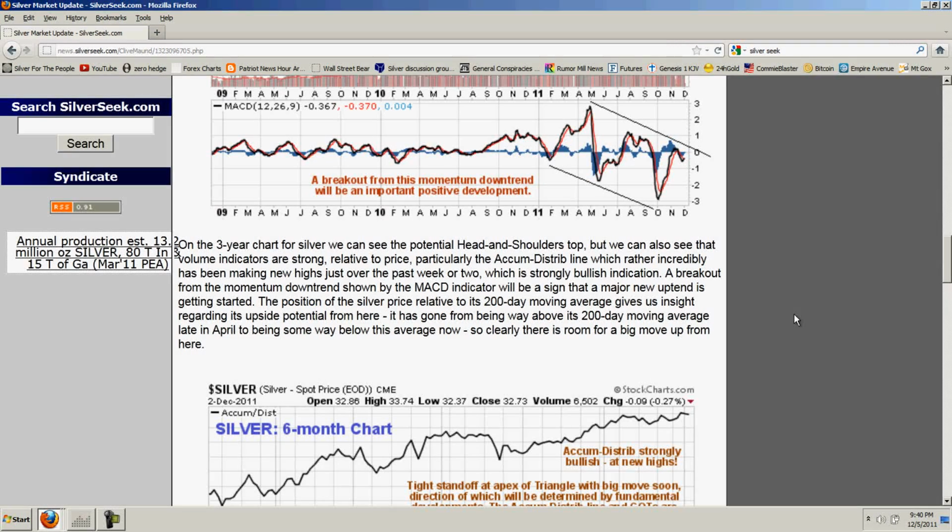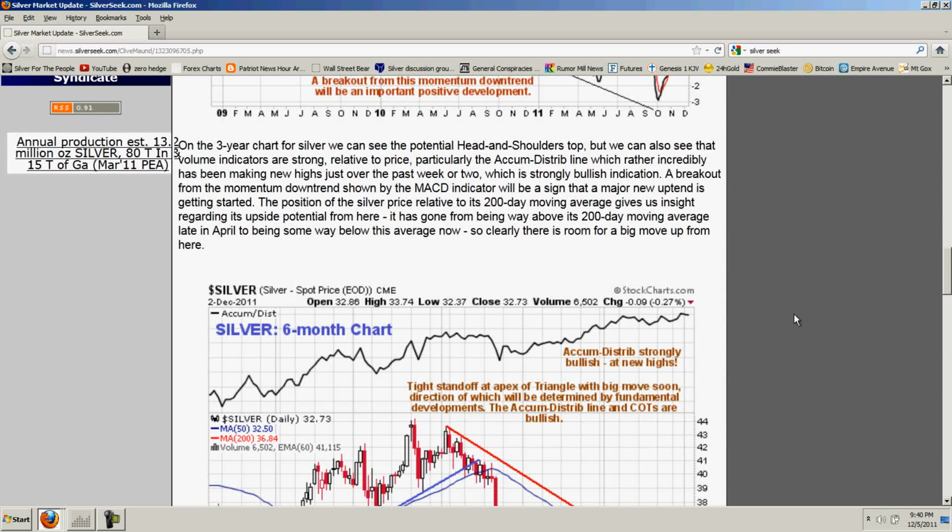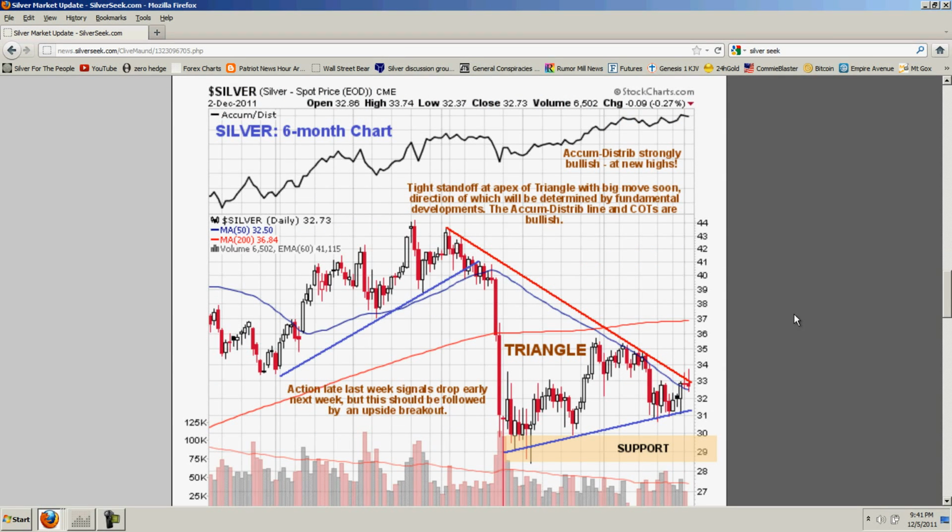The position of the silver relative to its 200-day moving average gives us insight regarding its potential upside from here. It has gone from being way above its 200-day moving average in late April to being some way below the average now. So clearly there is room for a big move up from here. And he goes to the 6-month chart, and you can see he's got the accumulation distribution making new highs at the top,